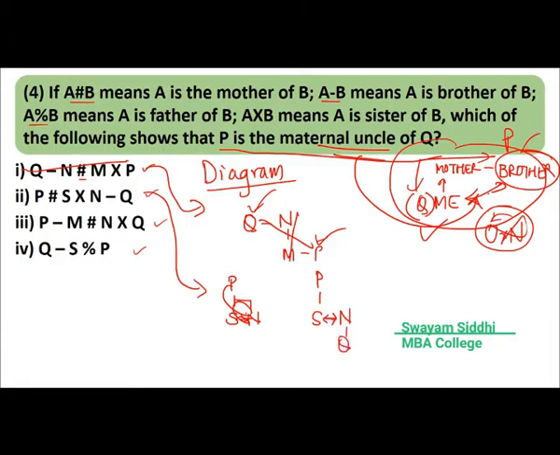Now uncle is only one generation ahead. Here P and Q are two generations apart. Q to this is one generation, this to this is another generation. So this is not the answer, okay? Another way we could have done it: